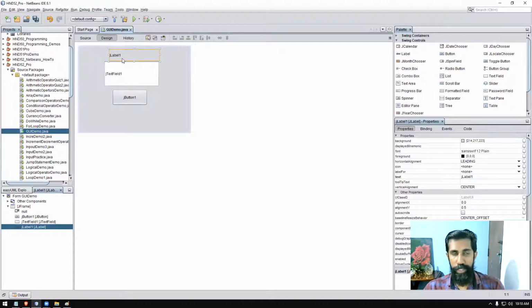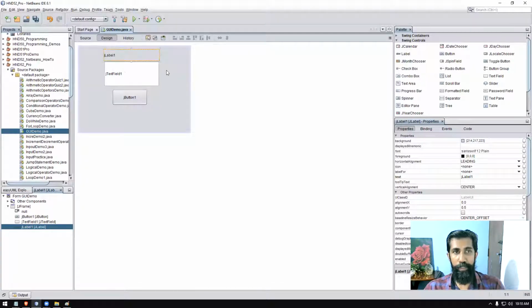If I want to make a change, that comes under property settings, because what is displayed on that label is a property. What is the color of the text is a property. Whether the background color is there or not is a property. What is the height, what is the width, what is the text alignment, what is the font? All these things are properties, characteristics, attributes, right? That is what is called properties.